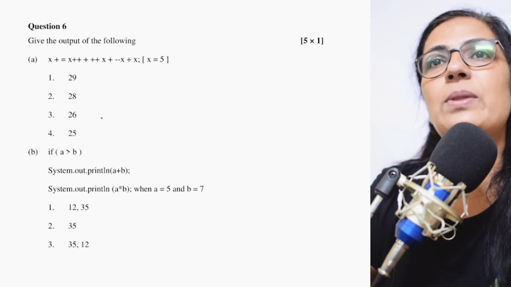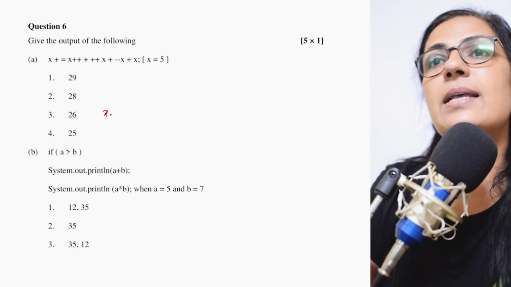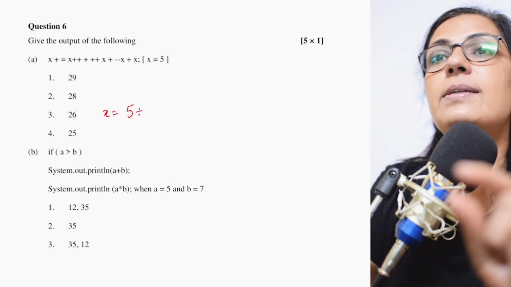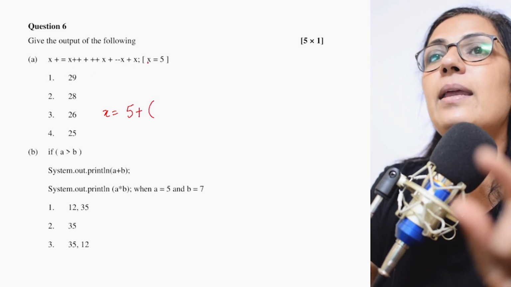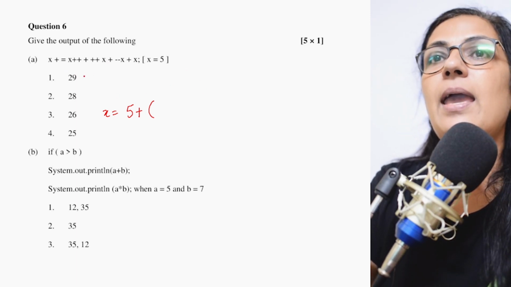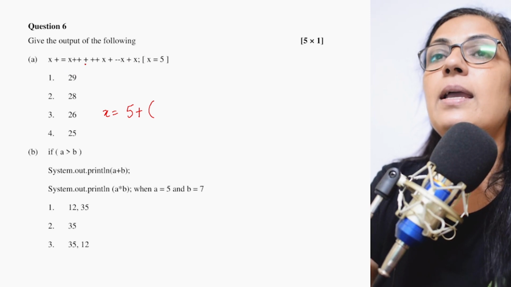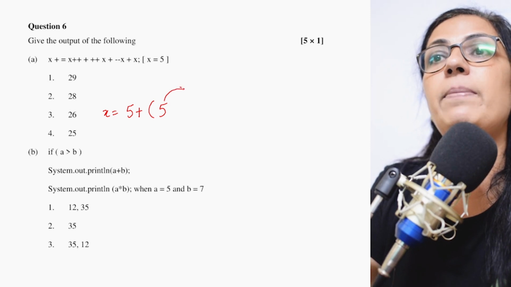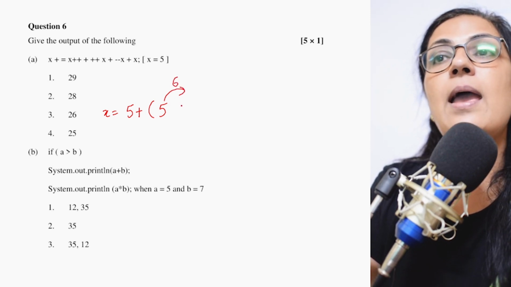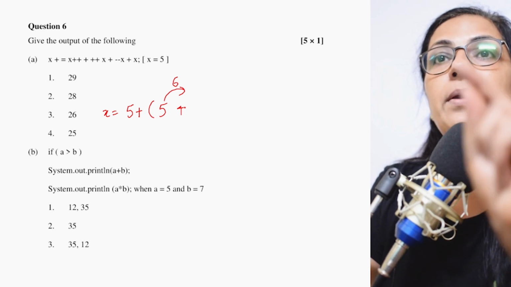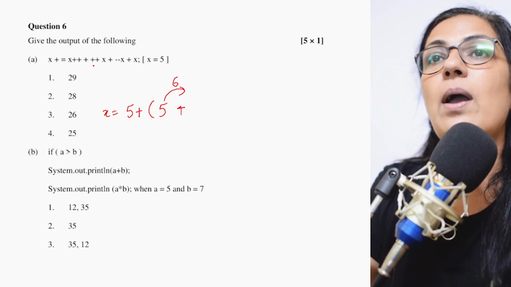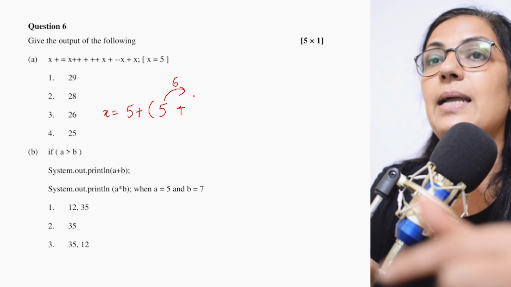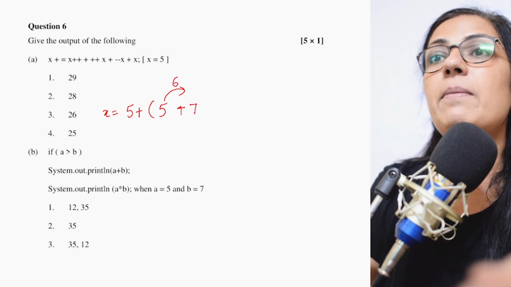X plus equals to the expression is given. So it is x equals to x plus. Initially always the value which is given here, you will take that value and this entire expression will be within the brackets. X plus plus. What is the value of x? It is 5 and it is x plus plus. So after using 5, the value will be incremented and it will become 6. And when it will reach to next term, it will reach as 6. Then after that you have plus plus x. So it is reaching as 6 plus plus, that is pre-increment. It will be incremented by 1.